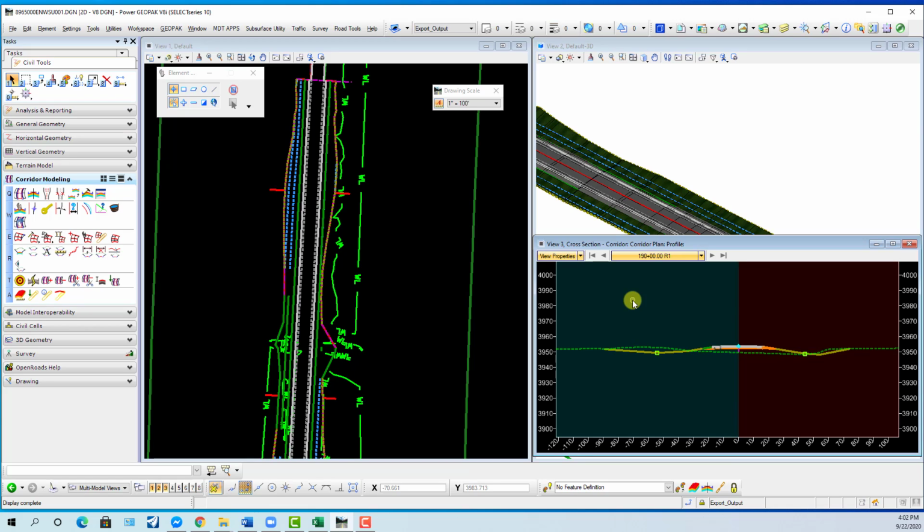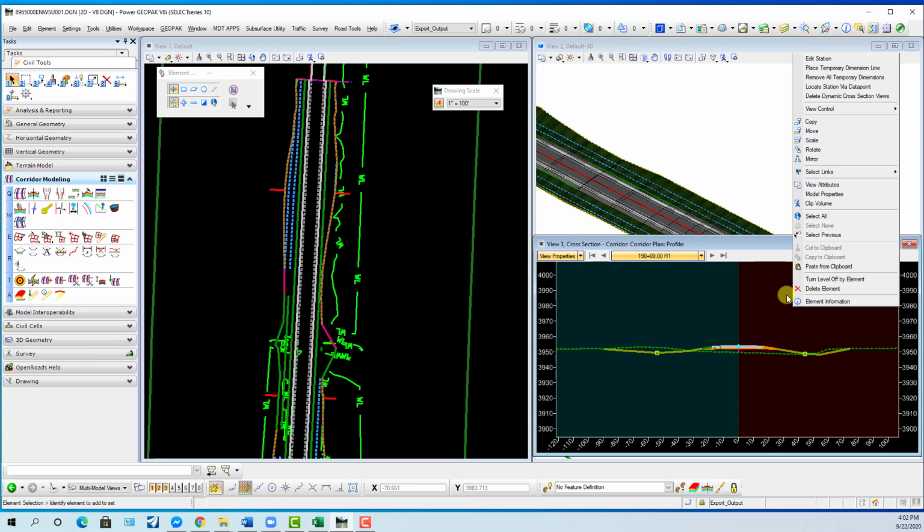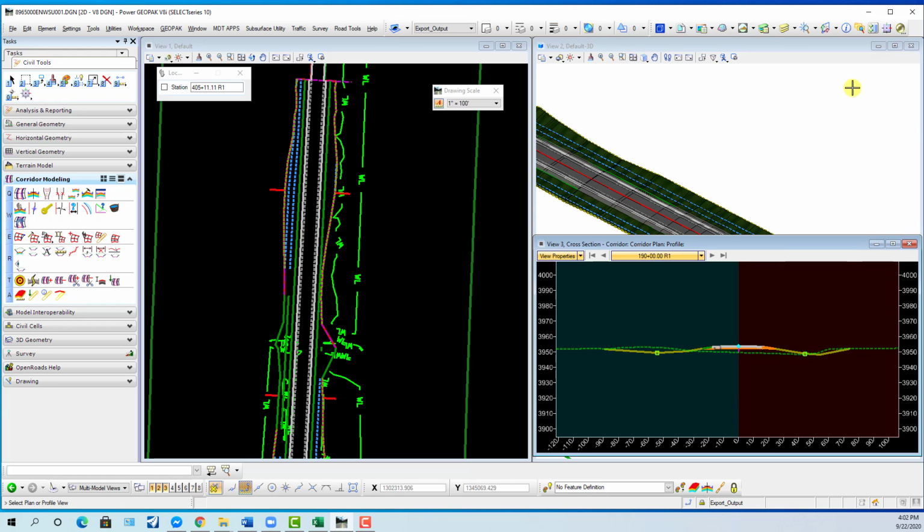So to navigate to where the wetlands could be, we're going to right click and hold down in the dynamic cross-section viewer, and that'll bring up the pop-up menu. And we're going to use a command that's called locate station via data point. So we'll left click that, and we'll go back over to our 2D plan view. So at the cursor it's telling us select plan or profile view. So I'm going to left click in here,